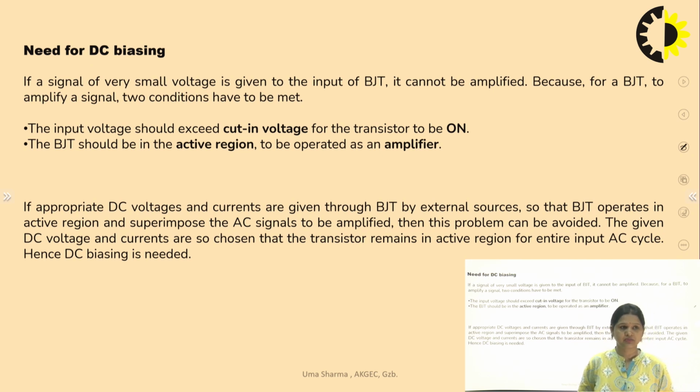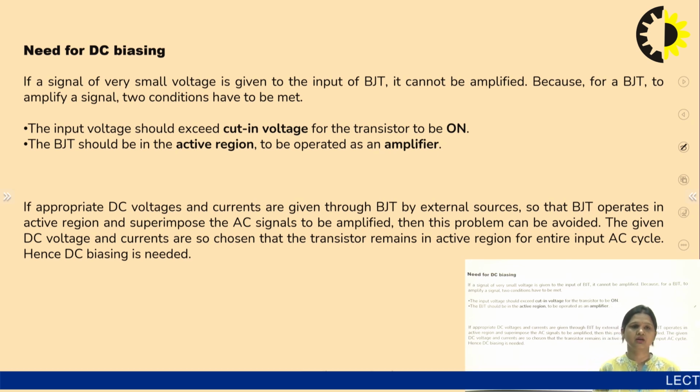reverse bias region. But when the input exceeds the minimum cut-in voltage required to turn on the transistor, meaning the emitter base junction is forward biased, then the device is in the active region. The device operates in the active region, and that is known as amplification. So we require a particular voltage at the emitter base junction and collector base junction so that the device can operate in the active region, and this is the need of biasing.